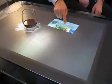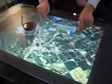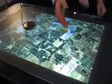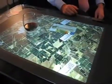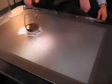and also if I'm interested, I might want to take a look at the winemaking region. So where does this wine originate from? And I can have a virtual Earth map. I can turn it around. I can say, well, look, here's the winery I'm interested in, and there are several others. Well, I want to go out there and take a trip. Or maybe I'll dive down in and find out some more about these specific wines. All of this helps me make a more informed decision about the wine,